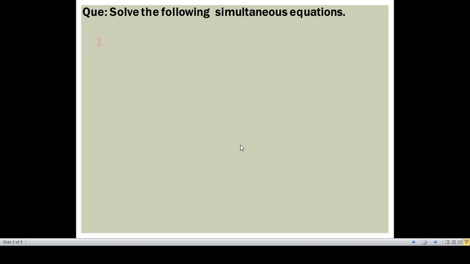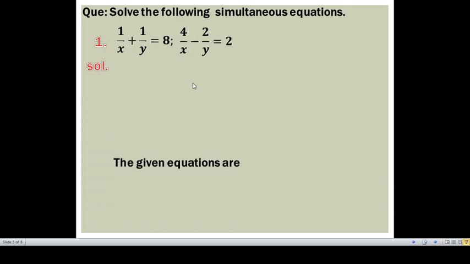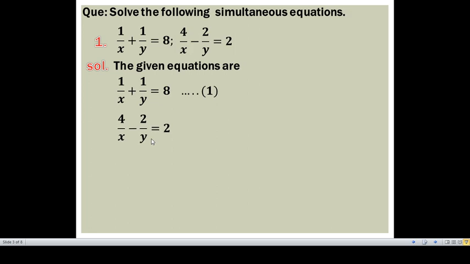Now consider the example: 1 upon x plus 1 upon y is equal to 8, 4 upon x minus 2 upon y is equal to 2. Both equations are not linear in the primary stage. So write both equations below each other. In the second equation, dividing both sides by 2, we get 2 upon x minus 1 upon y is equal to 1. So here both equations